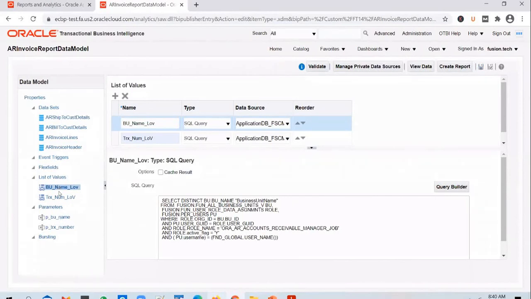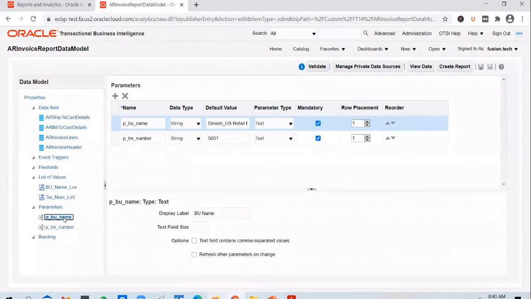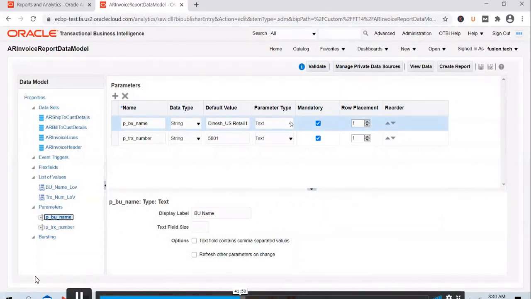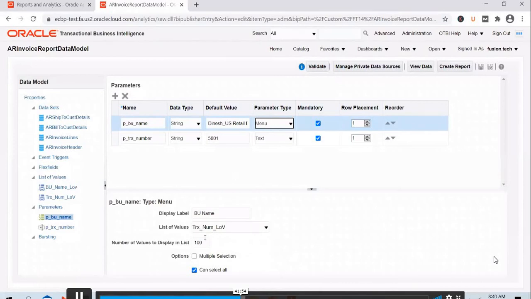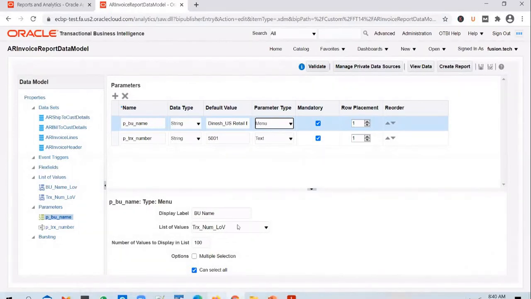And what we can do now is tag these LOVs to the parameters. So you go to business unit name and change the parameter type from text to menu. The moment you change it to menu, you will be able to see list of values in there. Click on the drop down and select business unit name.